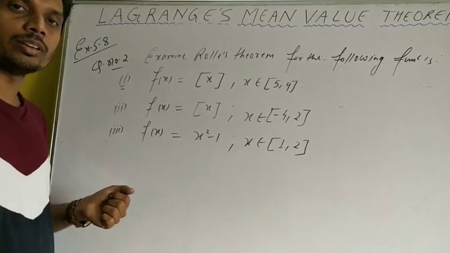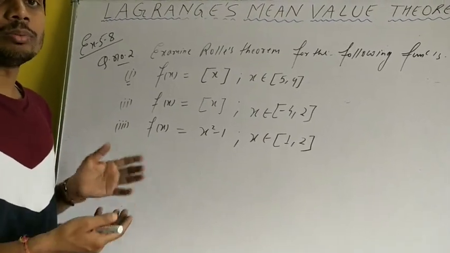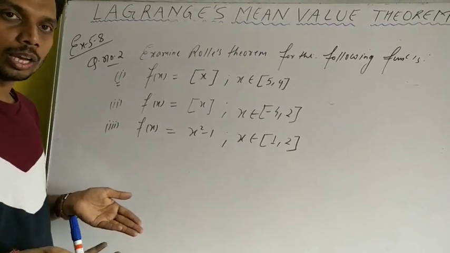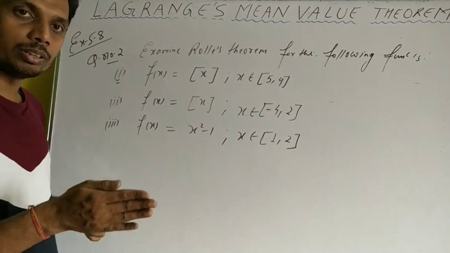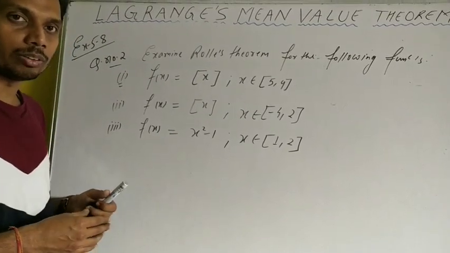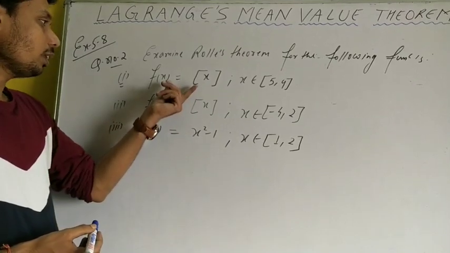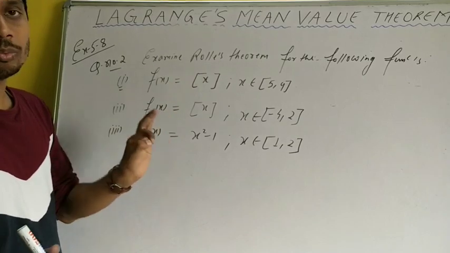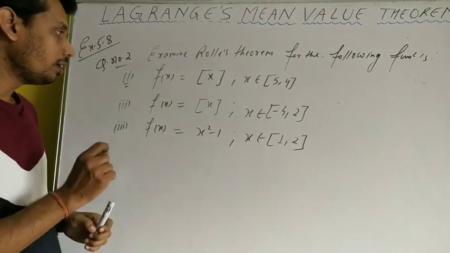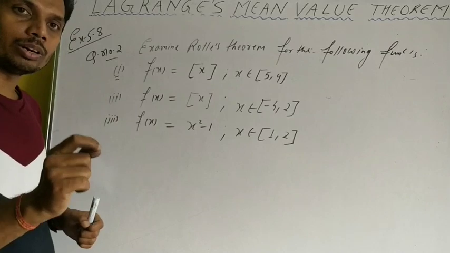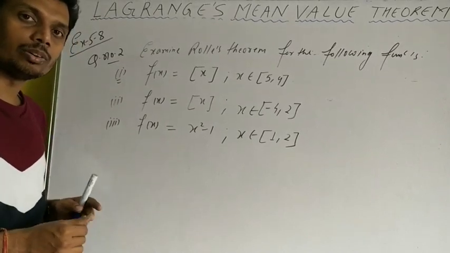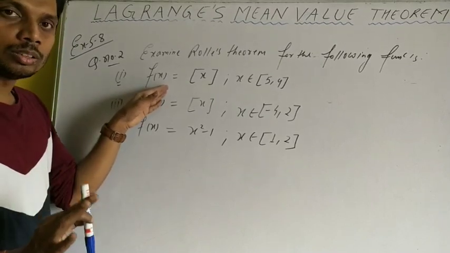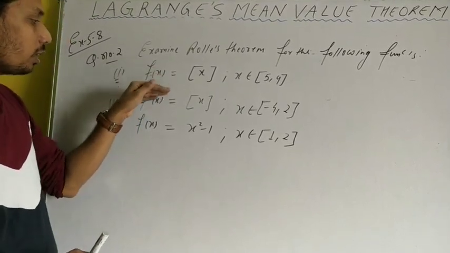As the function is discontinuous, the very first condition is not being satisfied. So no need to check the second and third conditions. Already the function is discontinuous, so it will not be differentiable, as we know that every differentiable function is continuous, but every continuous function is not differentiable. So in the very first step, we'll write that since f(x) is an integral function and we know that an integral function is discontinuous, hence the given function does not hold Rolle's theorem. That is the first part. Now the second part.